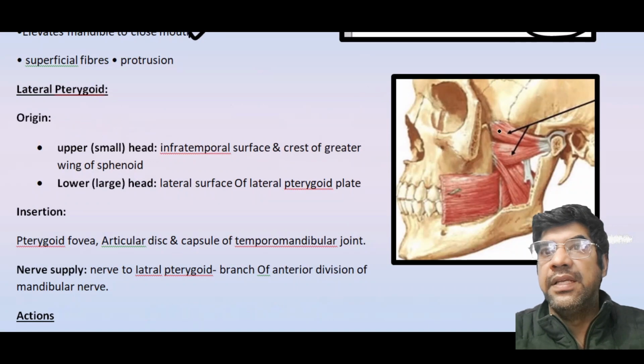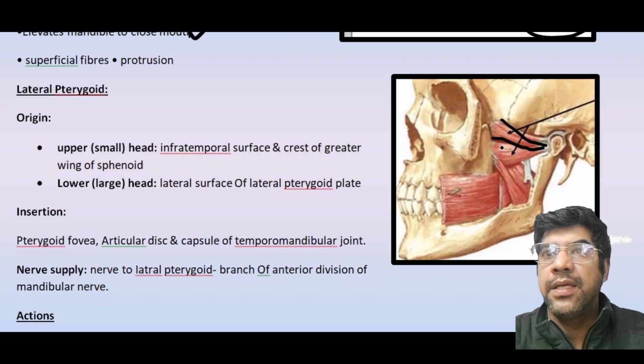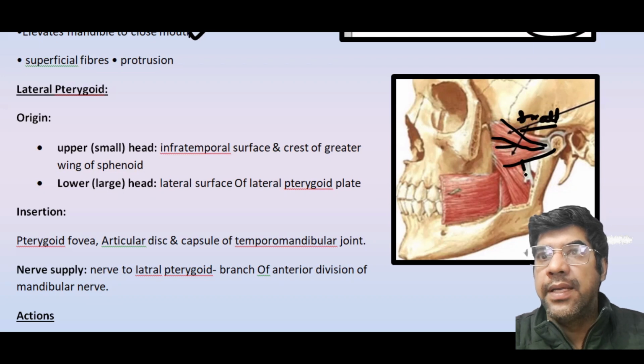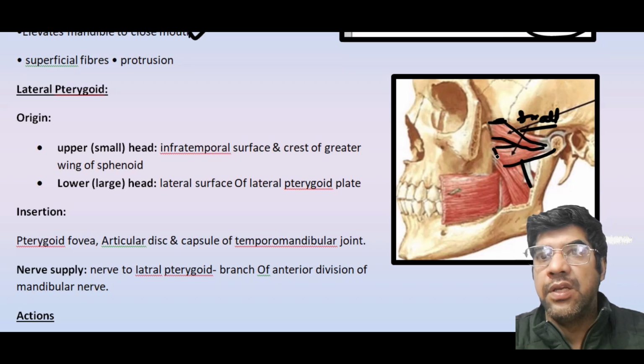The next muscle is the lateral pterygoid muscle. So this muscle is a short conical muscle and it has two heads. This one is the upper head and this one is the lower head. So the upper head, remember, it's small and lower head it's larger. The upper head, it originates from the infratemporal surface and crest and the greater wing of sphenoid bone, whereas the lower head, it originates from the lateral surface of lateral pterygoid plate,